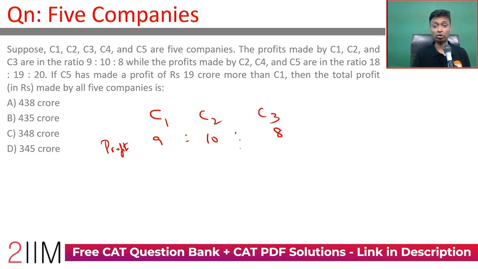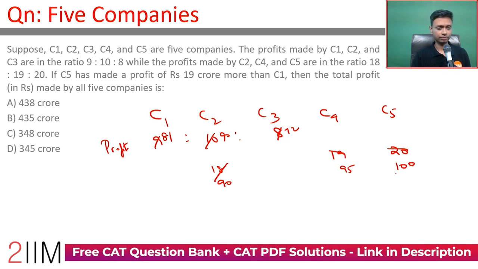Profits made by C2, C4, C5 are in the ratio 18, 19, 20. This is 10, this is 18. LCM is 90, so reject this. This becomes 90. This is 81, 90, 72. Becomes 90, 95, 100. So the ratio is 81 is to 90 is to 72 is to 95 is to 100, all in terms